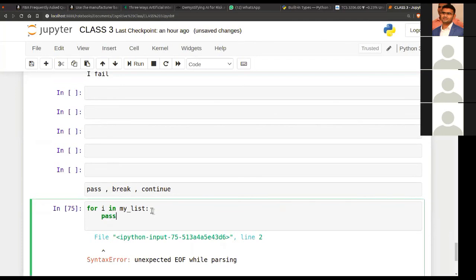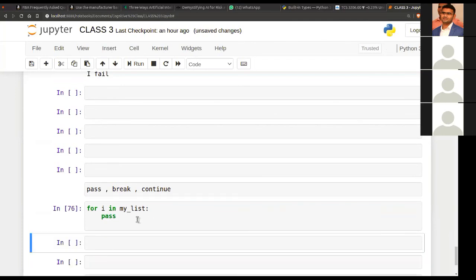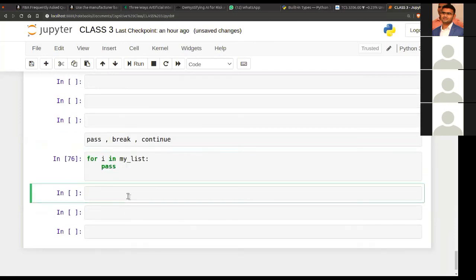If we put a pass, it doesn't do anything. It won't give you an error. It will lie there as a placeholder. You can leverage this in your code wherever you want to create a loop and keep it for further execution. Okay.